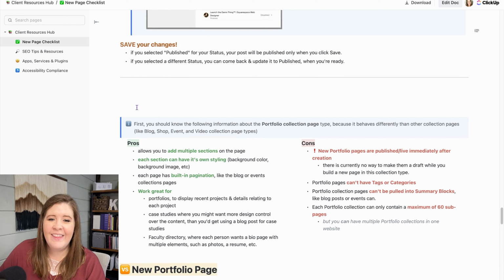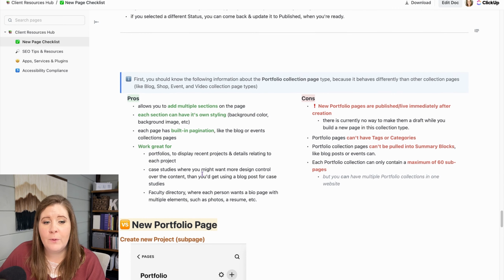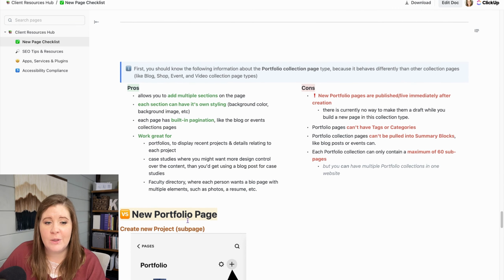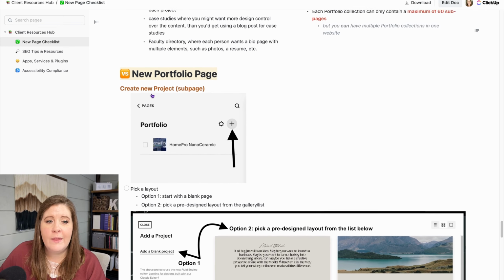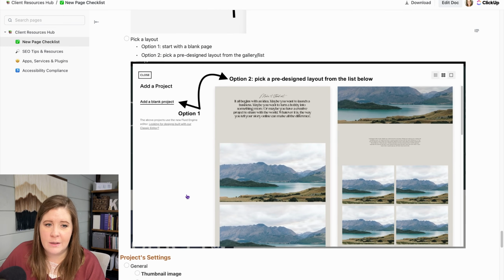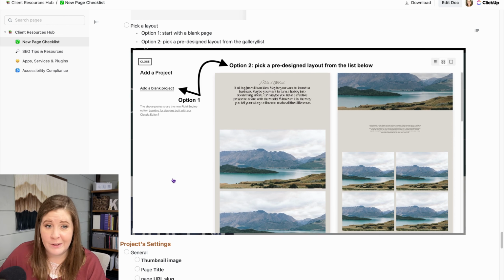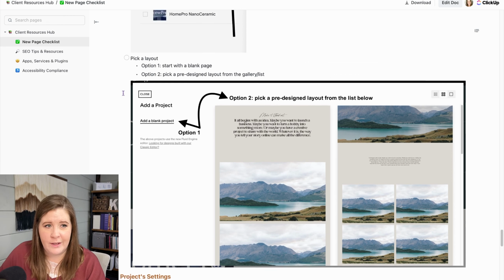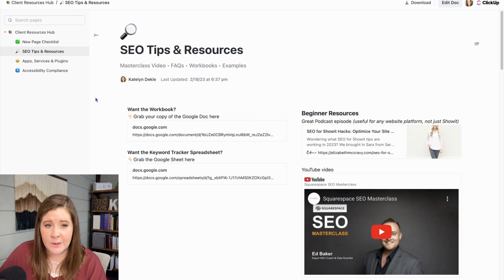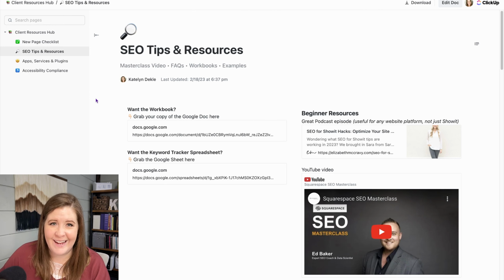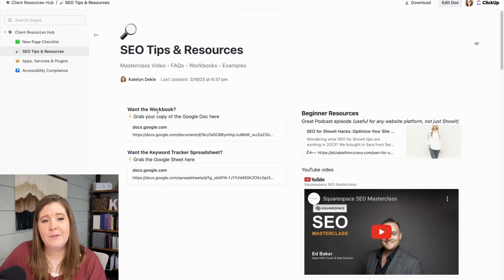And then I have some pro tips and cons on using portfolio collections, what they need to know before they make any changes if we are using one of those page types, because those are good things to know. And then from there, the actual checklist on making a new subpage or whatever you want to call it inside a portfolio collection. On the SEO Tips and Resources subpage of this client resource hub, I have some quick links